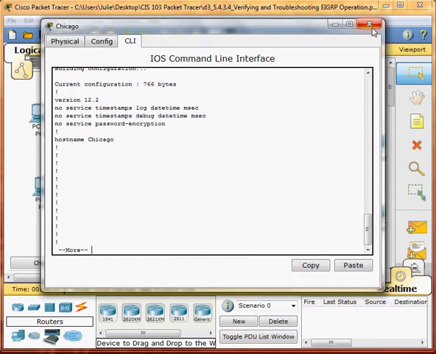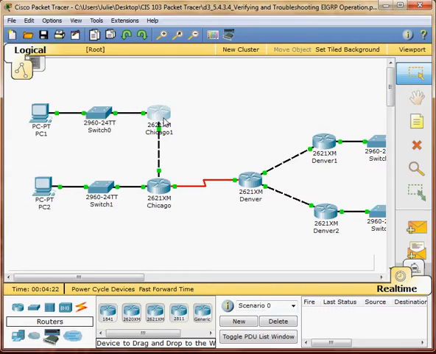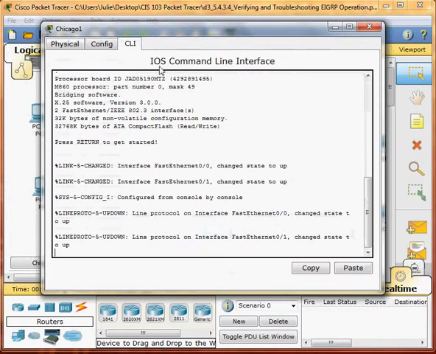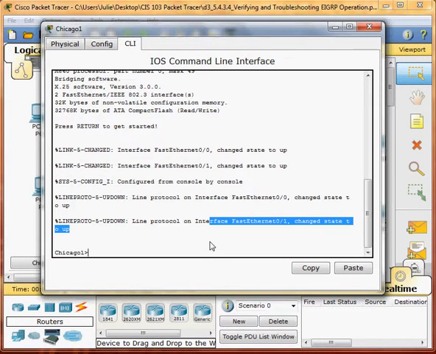Now I'll go to Chicago 1 and run the show IP protocol command.